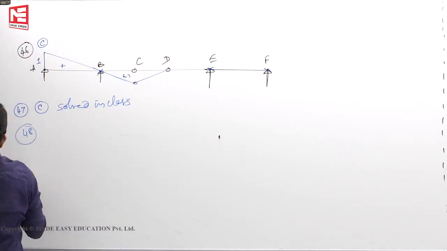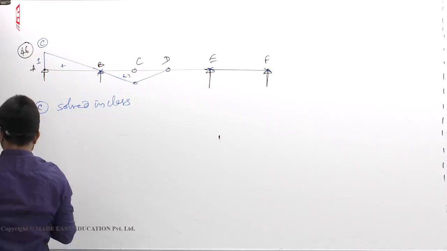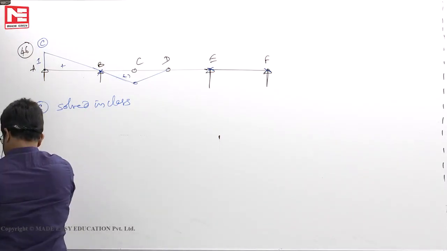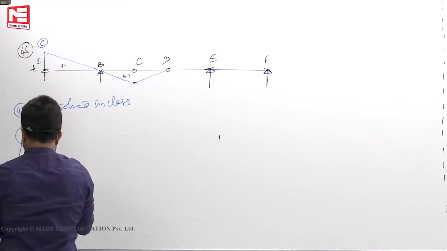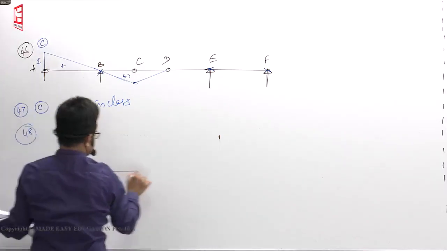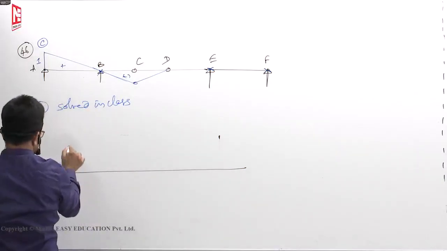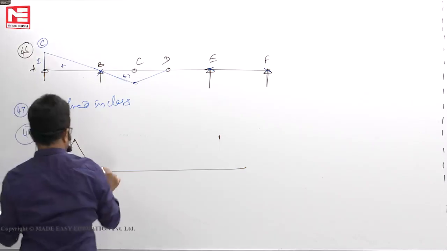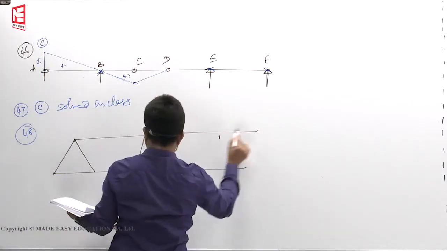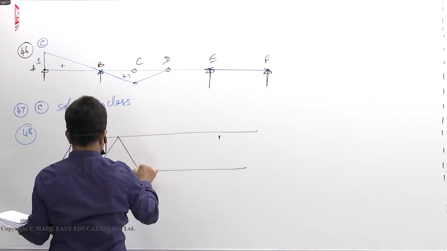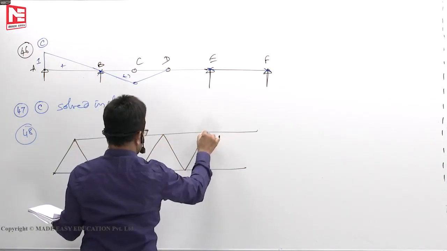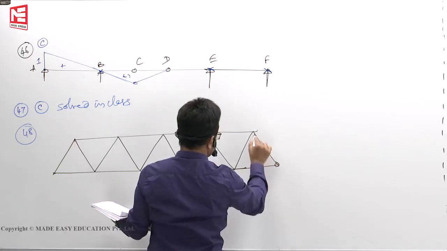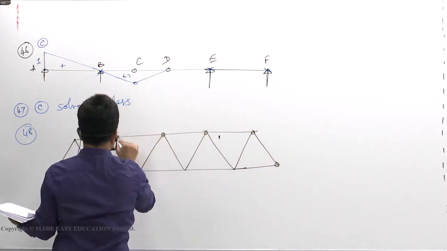48. A Warren truss, this we will explain. A Warren truss is supported as shown in the figure. This is a Warren truss